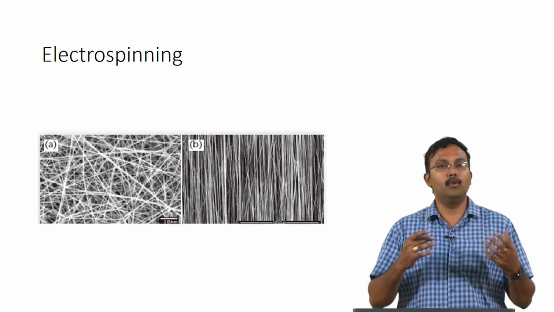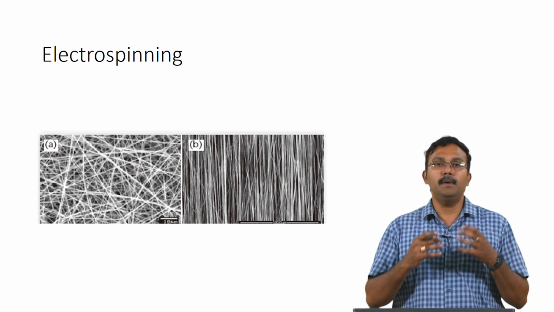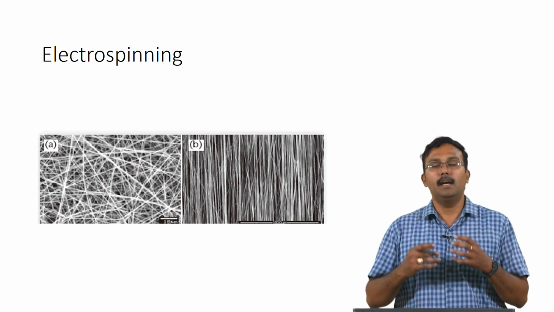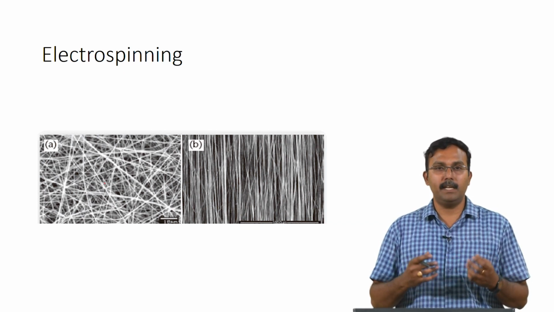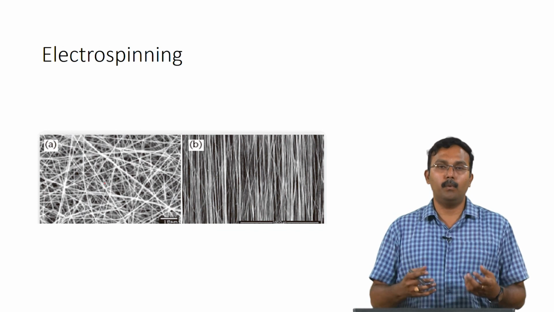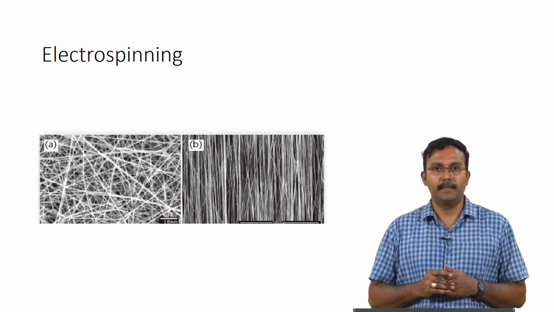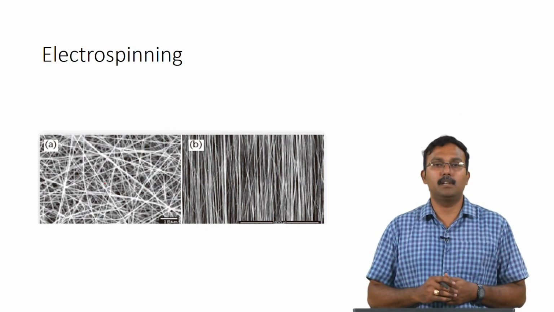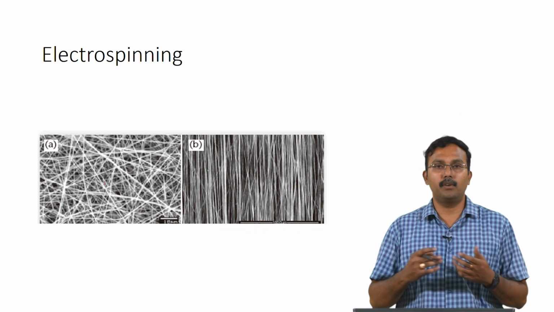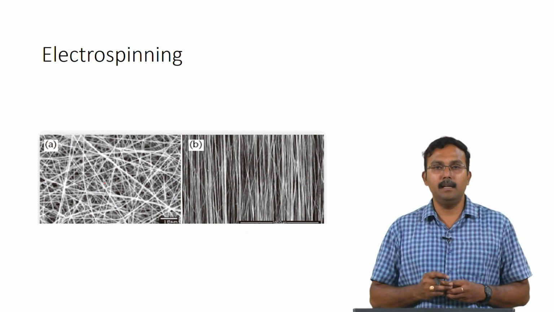So, we have given an overview. We have not gone into great detail of each of these techniques. Depending on the polymer which we have chosen and the application for which we are working, we have to choose fabrication strategies which will provide scaffolds which mimic the natural ECM. With this, we will move on to some of the more advanced techniques which are currently being researched for scaffold fabrication, which would be self assembly and 3D bioprinting.